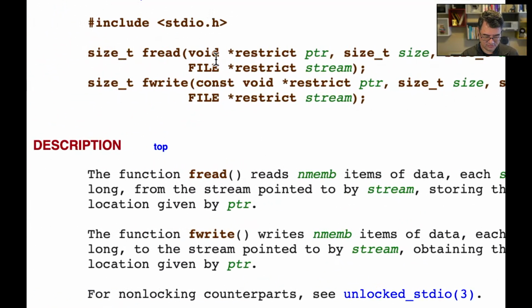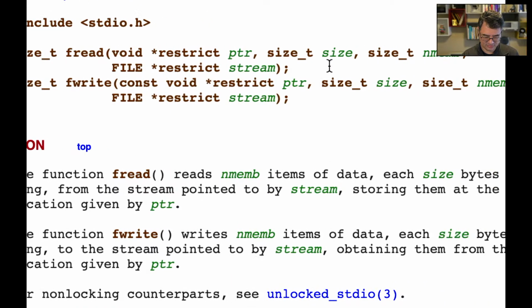Okay, so first, boy, this is impossible to read. The first parameter is the array that we're reading into. The second parameter is how many elements in that array. And the third parameter is how big each element itself is. So we're reading into an array of characters, so we're going to use the number of characters in the file, and then each element is going to be 1 byte long.